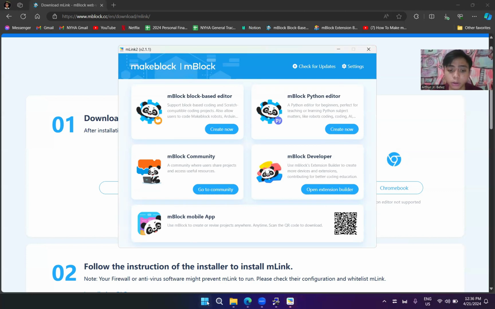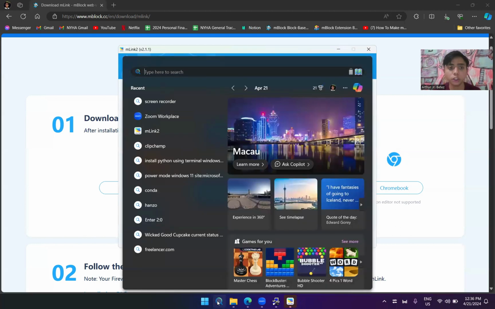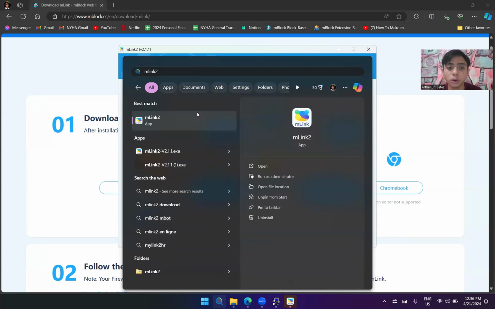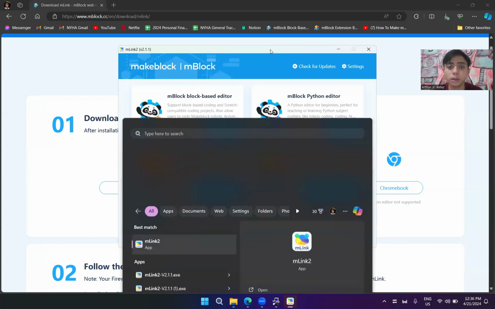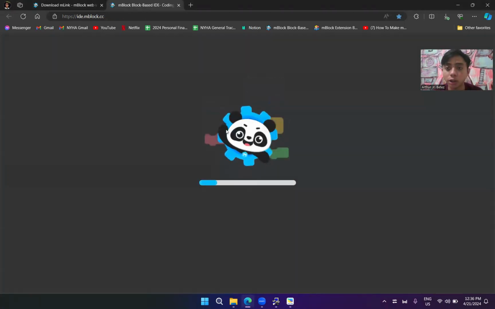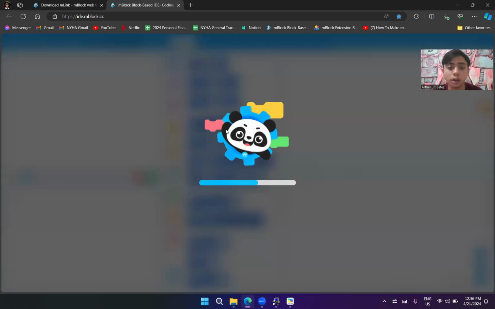You can also search for it in the search bar and then open it here. Once opened, we simply click the MBlock block-based editor, click create now, and it will open another tab in your browser.